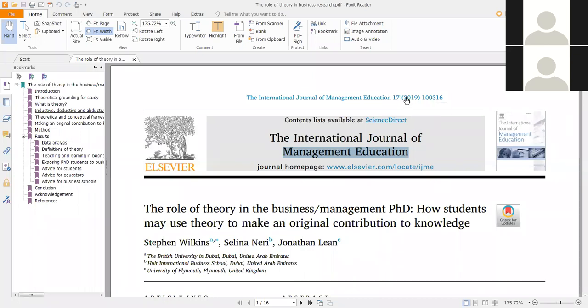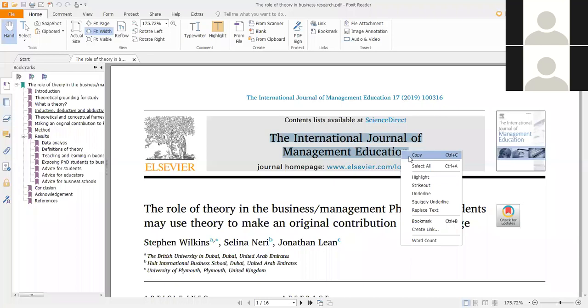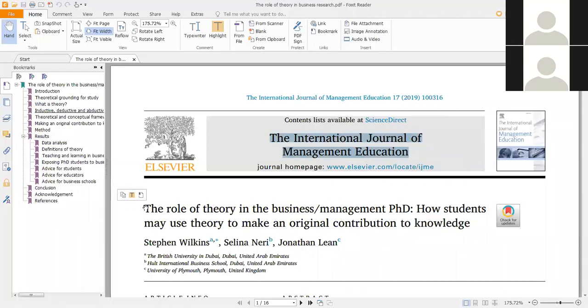They only mention the volume, in this case 17, but the issue is not stated. So you need to go to the journal page to check for the issue. So for this article, I need to check what is the issue.